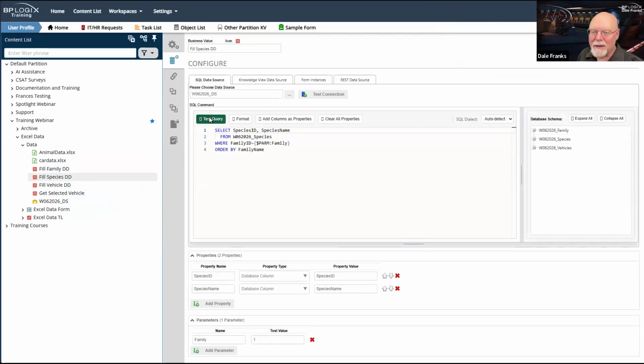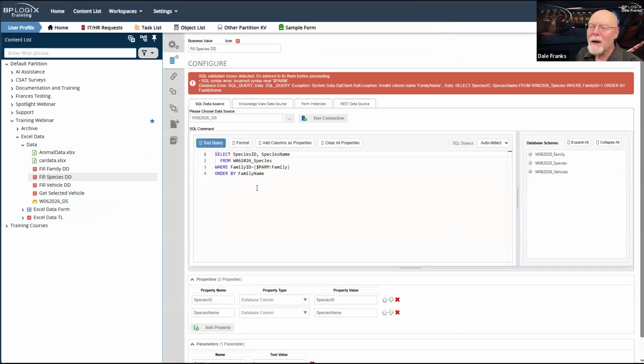Okay, let's test our query. Species name, where family ID. Oh, let's try that.